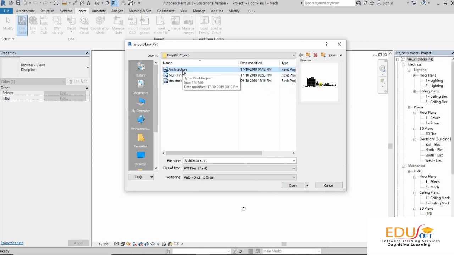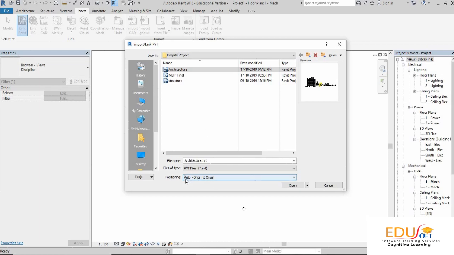You are importing all your architecture, structure or MEP, whatever file you have done, into Navisworks for final collaboration. At that time, if you keep your link file origin to origin, in Navisworks you will find it easy to handle the files.